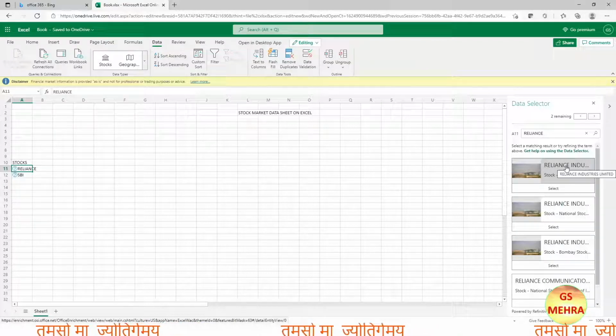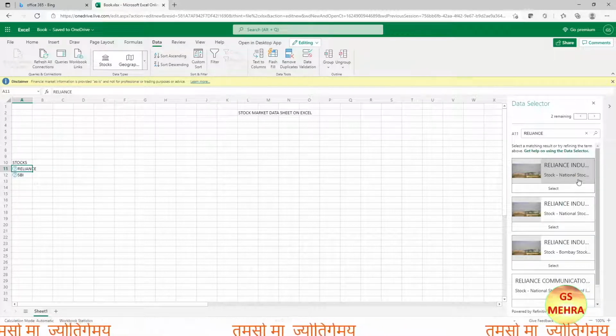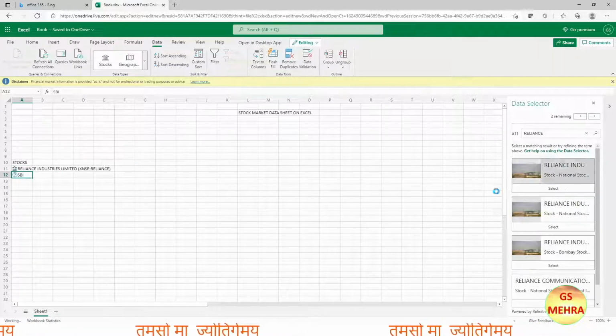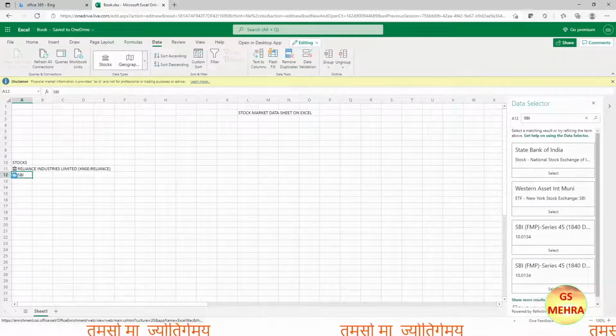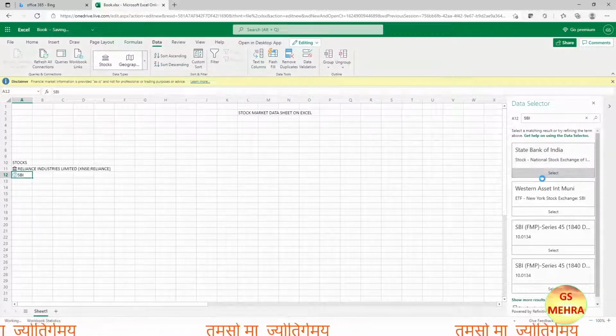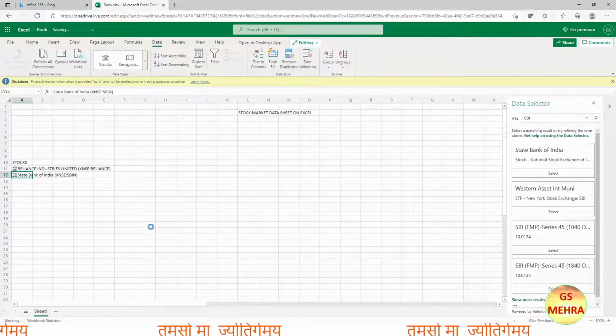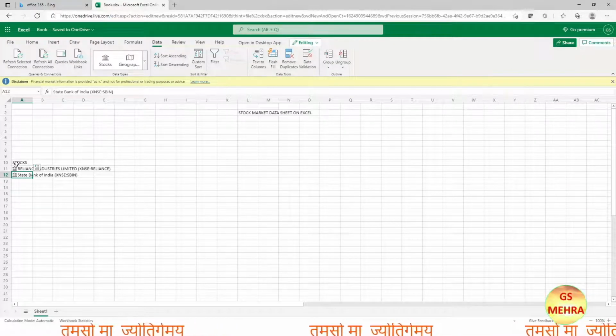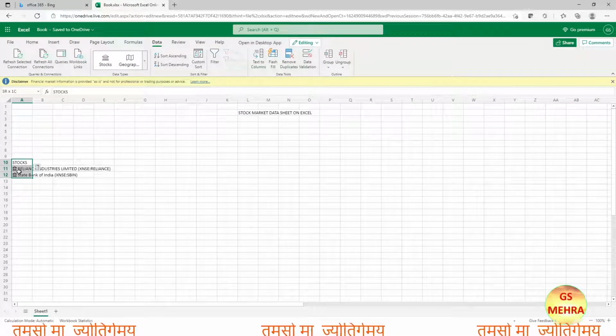What we want is Reliance Industries from National Stock Exchange, that is NSE. So we'll click on select, and once we select it, we have got the stock of Reliance. Same way we'll do for State Bank of India. Now we have selected from the National Stock Exchange. So things should work out on its own.